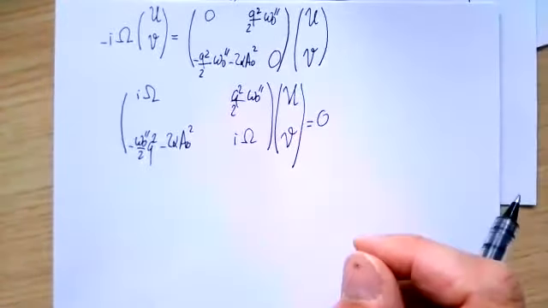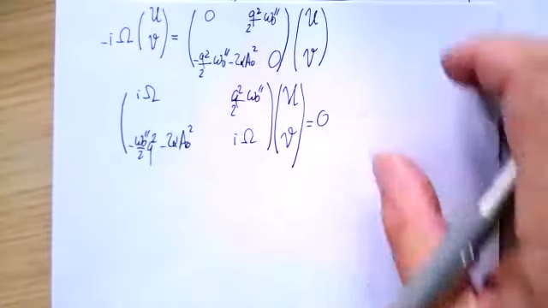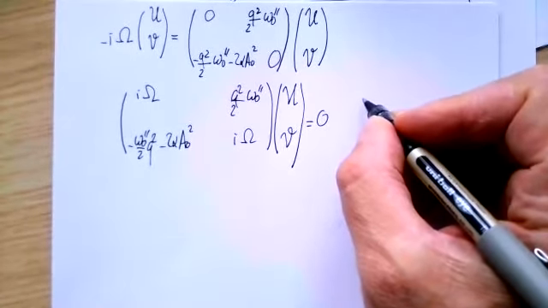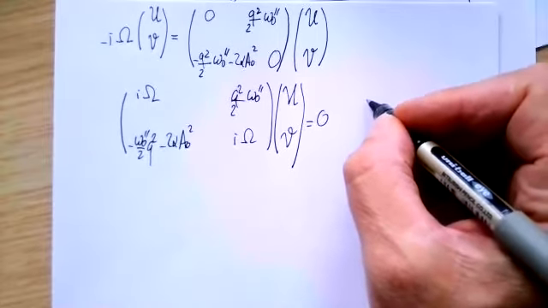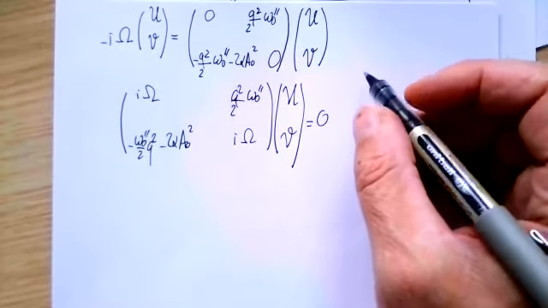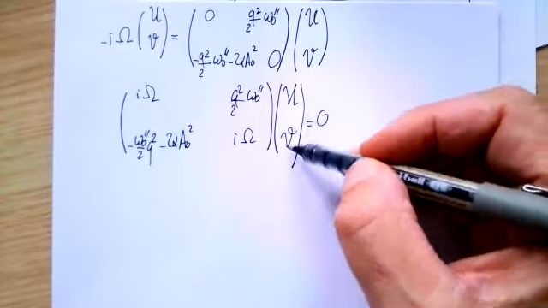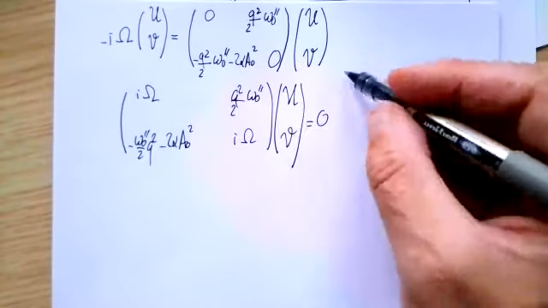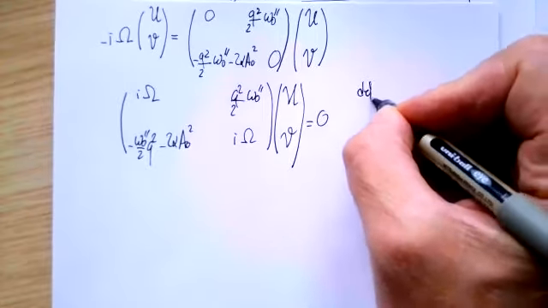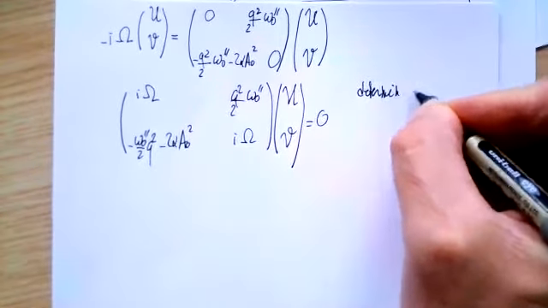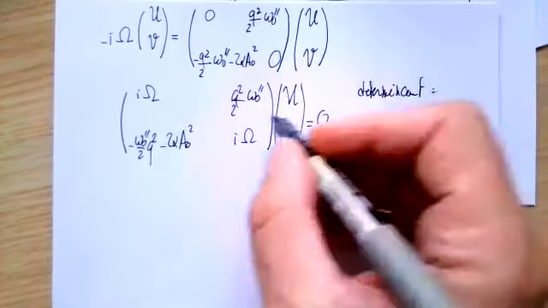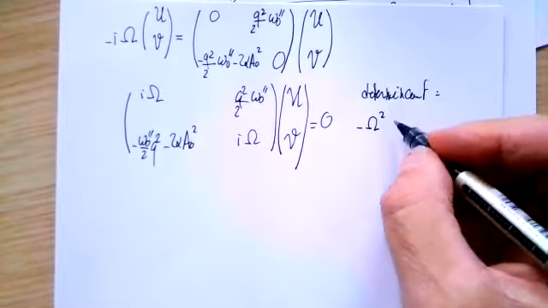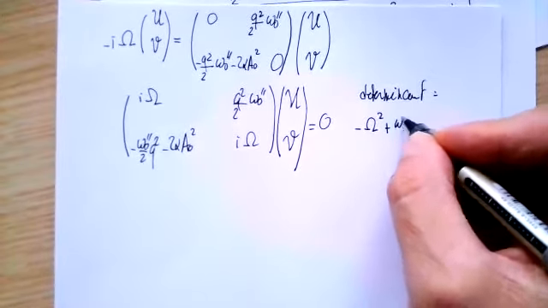And this type of system has a non-trivial solution only if the determinant is 0. Otherwise, if the determinant is not 0, the only solution you can find is capital U equals capital V equals 0. So the determinant, which should be 0, it's simply, well, minus omega squared plus